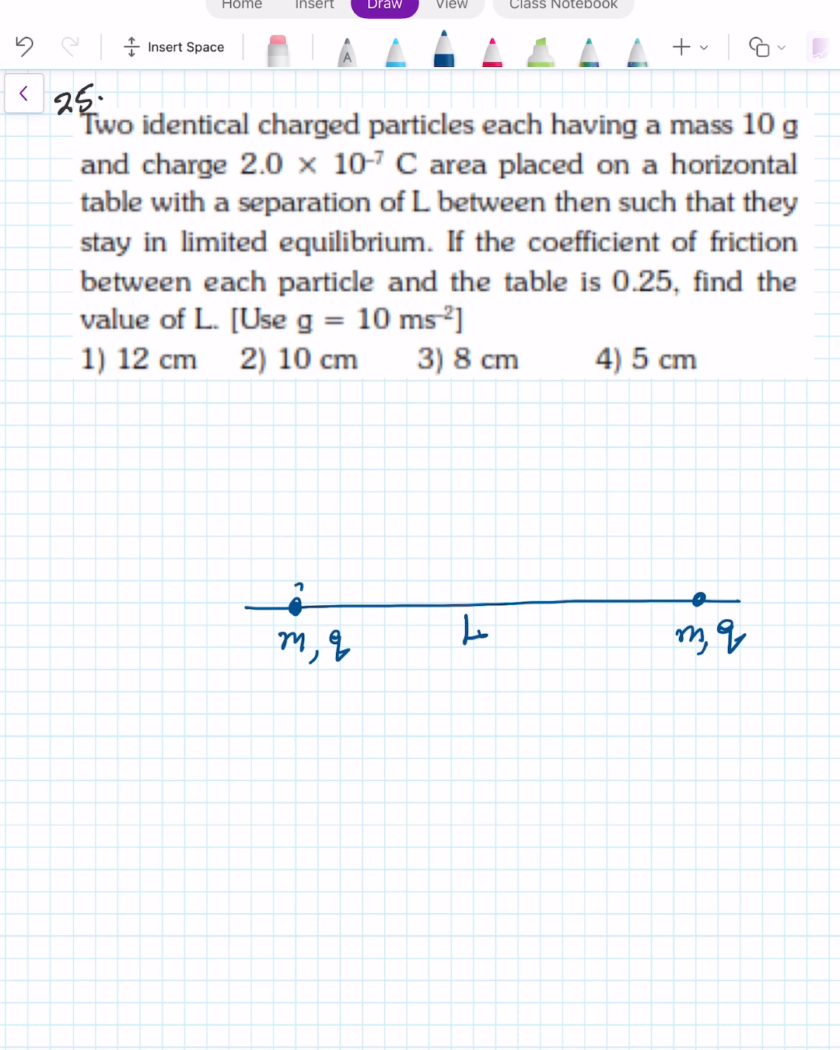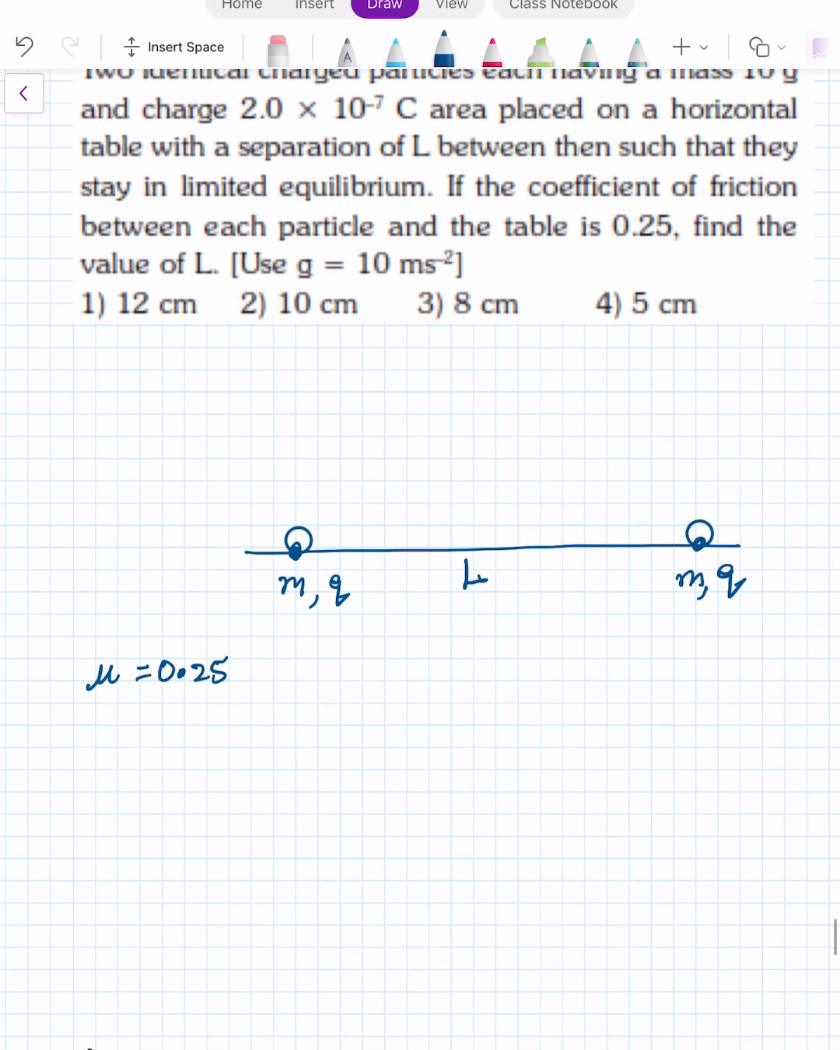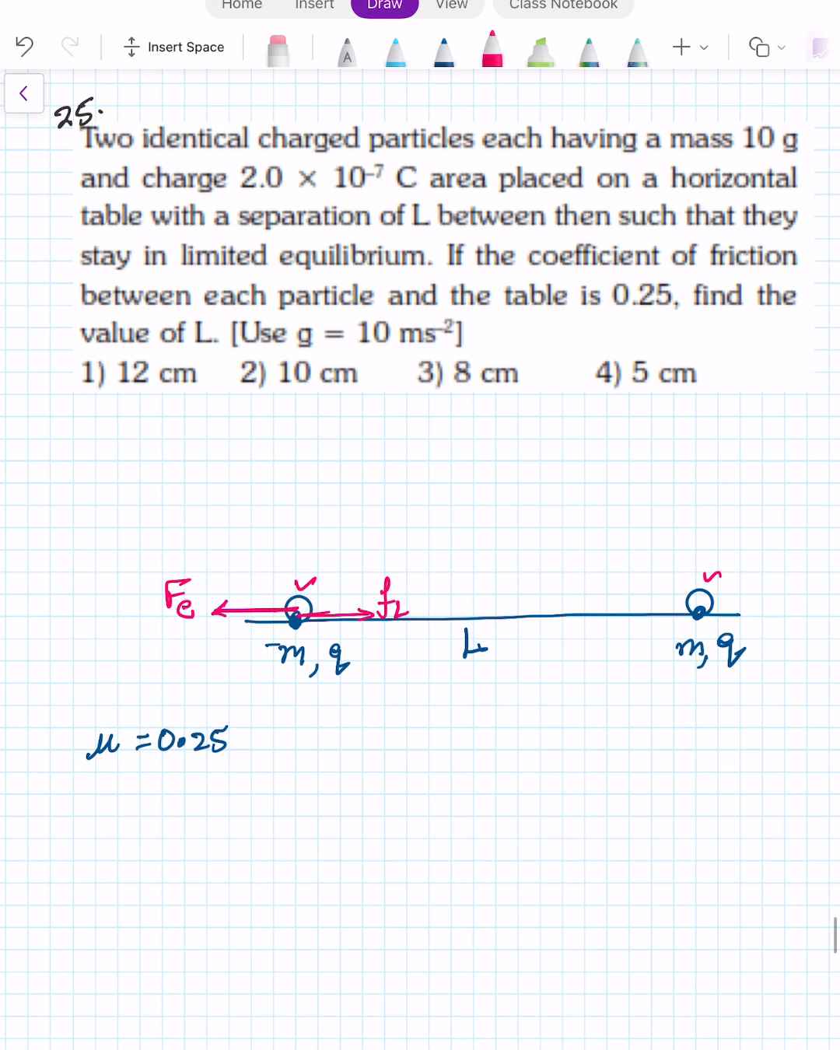Now the coefficient of friction is also given. Coefficient of friction is given as 0.25 between the particles and the table. Now they are asking to find the value of L. Now why will they be in equilibrium? You see, these two charged particles will exert an electric force on each other. This will be balanced by the friction force. Since they have said limiting equilibrium,